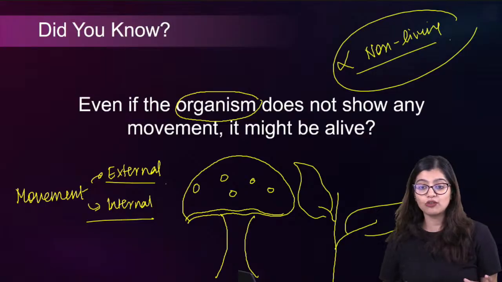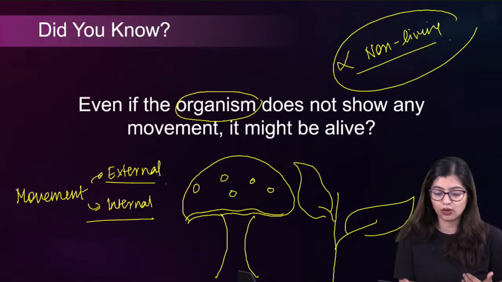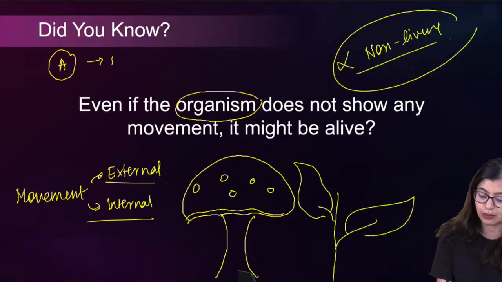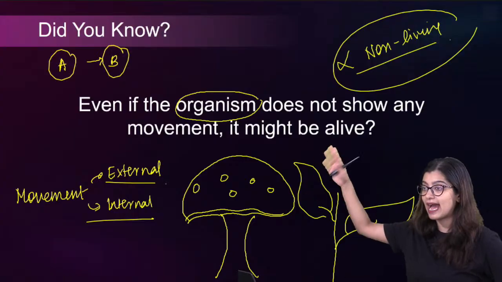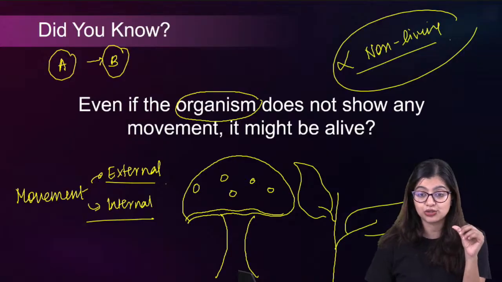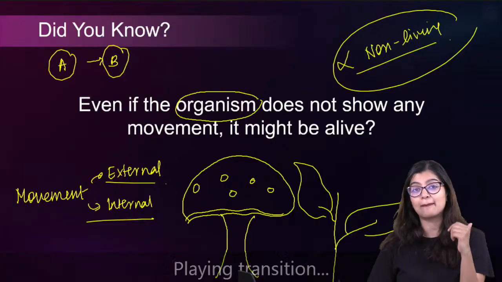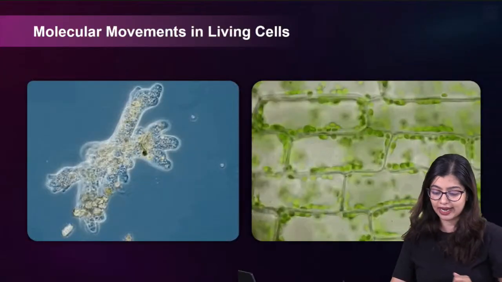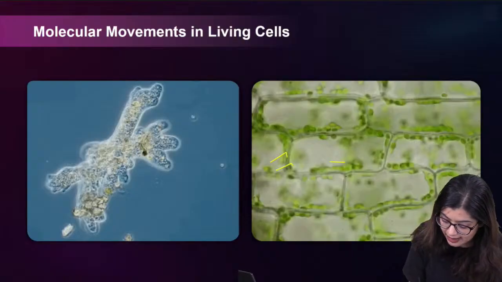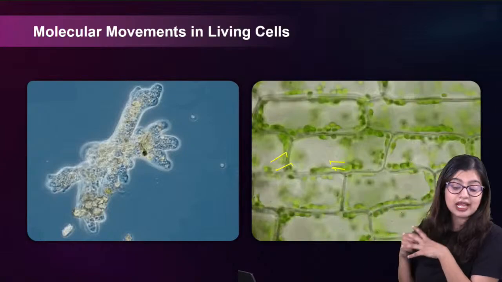So external movements are the movements that you and I are able to do, right? That means when we go from, let's say, point A to point B, or when I move my hands up and down. So these are all external movements, right? That means you are able to see them. Yes? While on the other hand, there are some movements which are happening at a molecular level, right? So deep inside the cells, there is a lot of transport that happens.